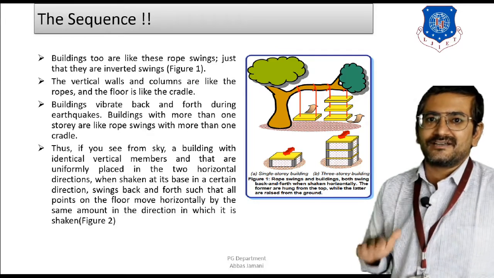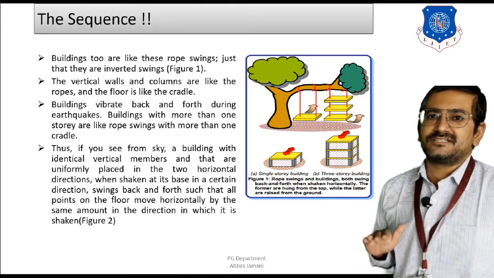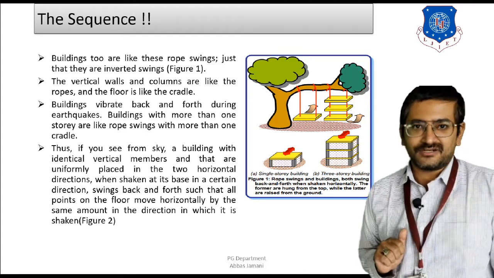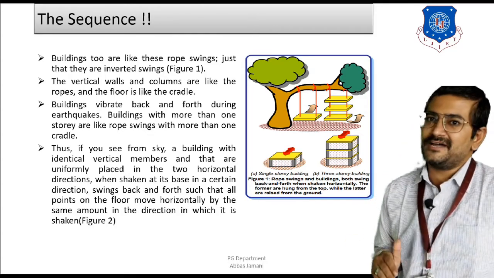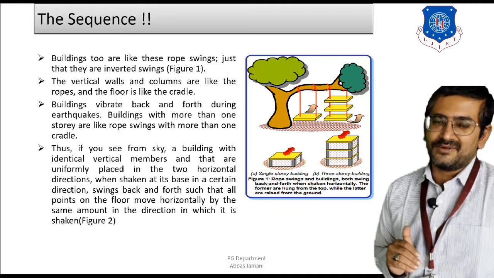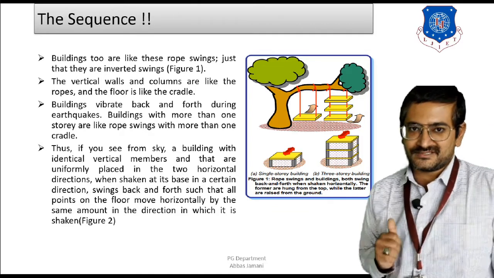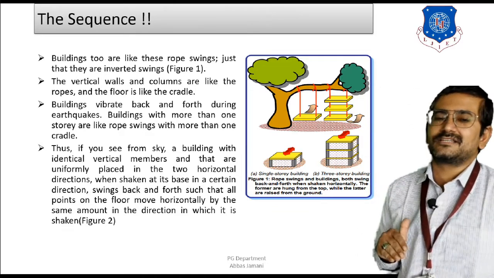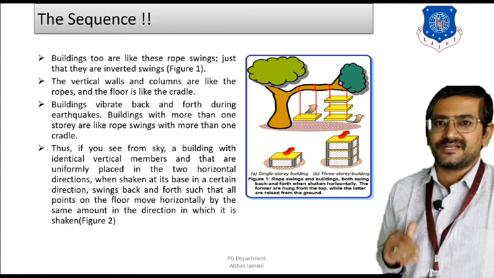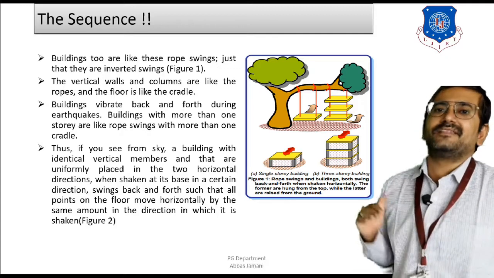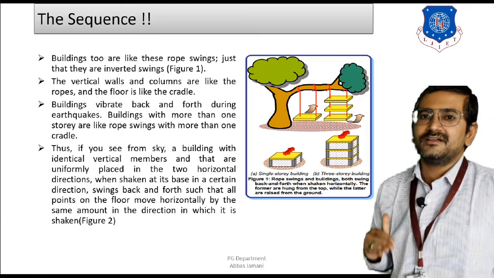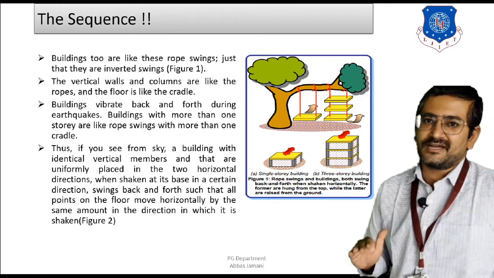Now what happens is that, as you have seen in the previous slide, whenever the child initiates a jerk, as a result of that, the swing is going to start moving in the back and forth direction. The same kind of behavior happens in buildings also, and that is why I have compared this building example with that of the rope swing example. So whenever an earthquake occurs, that is, the ground shaking takes place, the horizontal force will be transferred to the building, and when this horizontal force is transferred to the building, the building will also initiate a back and forth movement.